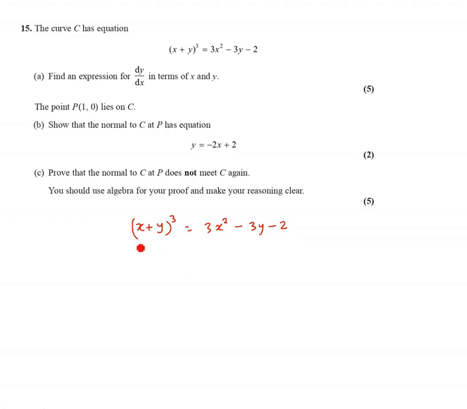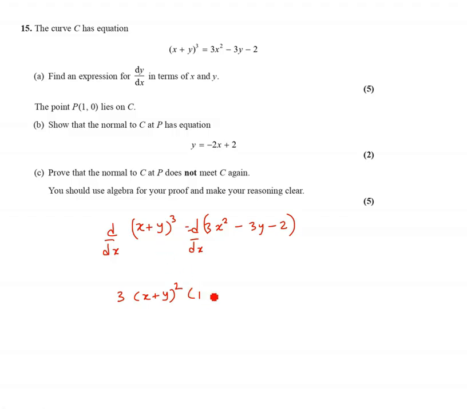So one option will be to expand (x plus y) whole cubed and then differentiate. The other option is we can just differentiate as it is. So let's differentiate both sides with respect to x. The differentiation of (x plus y) whole cubed will be 3 times, we assume that x plus y is like capital X cubed, so if you differentiate, it will be 3 times (x plus y) whole squared, and then you differentiate inside, so it will be